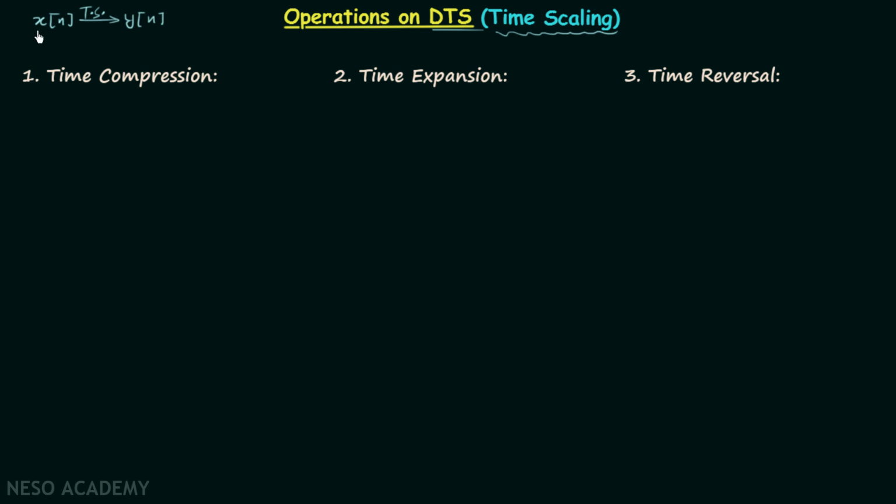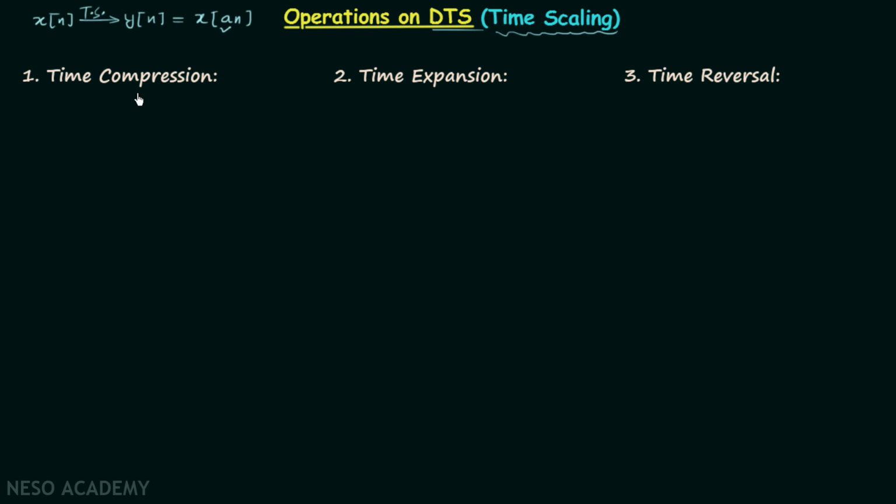Then y[n] will be the same as the initial signal x[n] with one change. The initial signal is x[n] and the change will be in place of n. Instead of n, we will have an. So here we are performing the time scaling by a. We are scaling the time by a. Now depending on the value of a, we will have three types of time scaling, and the first type is